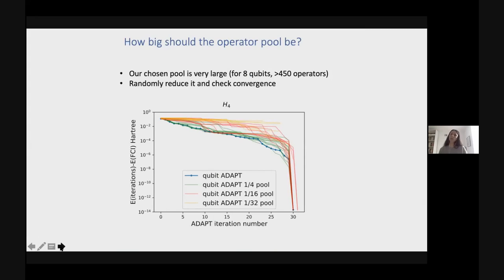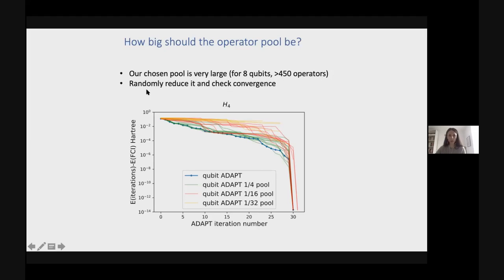So one question you could ask is, how big should this operator pool be, which I haven't talked much about at all. So the first thing we did for these four size polystrings is we basically chose every polystring that doesn't manifestly give the zero gradient. And this ended up being very large, more than 450 operators, which is probably more than you would want in